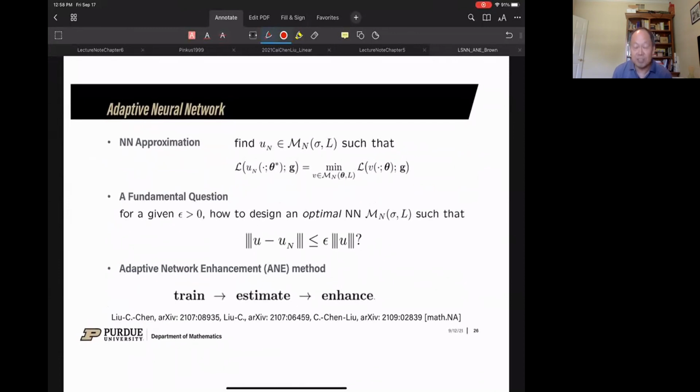Okay. So this is the sense of what we are talking about. Let me write this in. In a neural network approximation, basically we want to find a solution that minimizes some kind of functional, right? If it is to approximate a given function, we just minimize the L2 norm of the difference. If we are solving a PDE, we minimize the least squares functional or the energy functional, no matter what that is. So a fundamental question is,